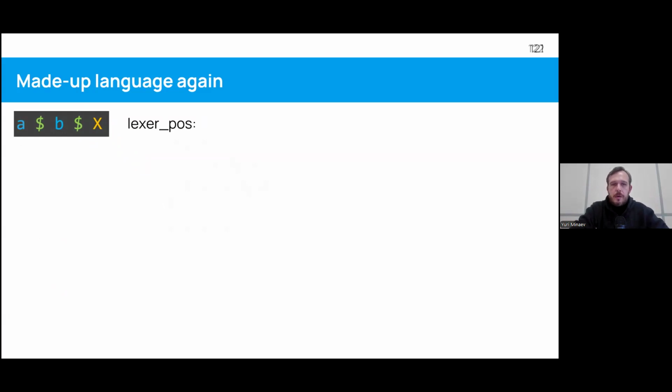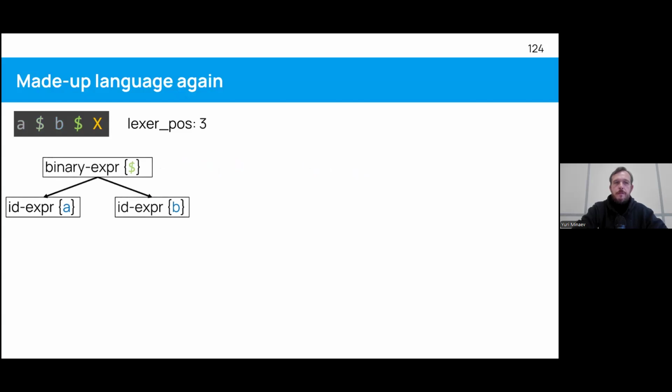And again, we go through the call chain to consume A. And then we consume B, and eventually we build the binary expression the same way we did at the very start. Lexer position is now 3 because 0, 1, 2, and we are currently positioned before the second dollar sign in this.